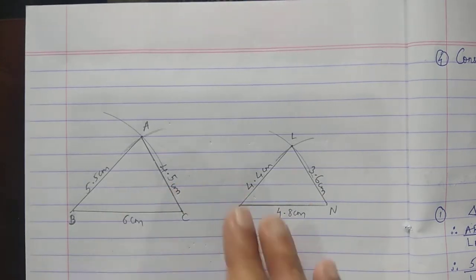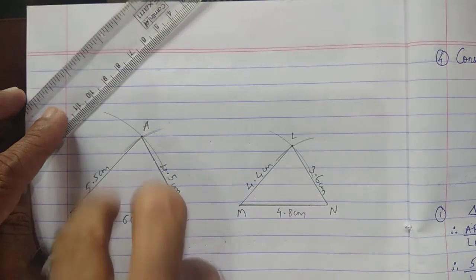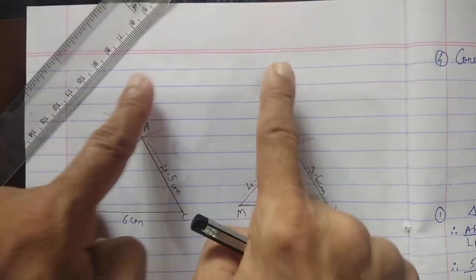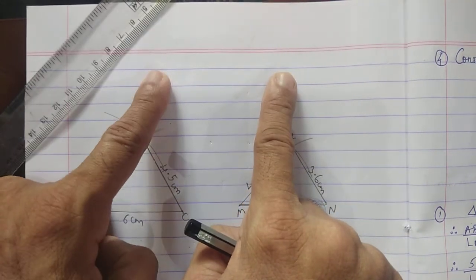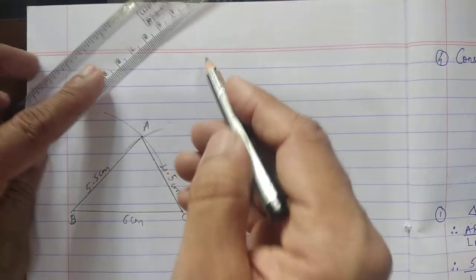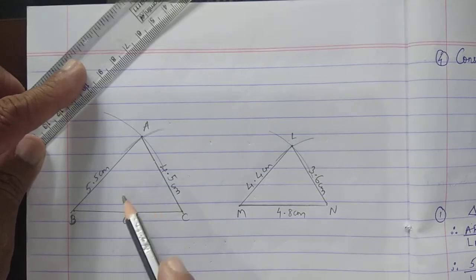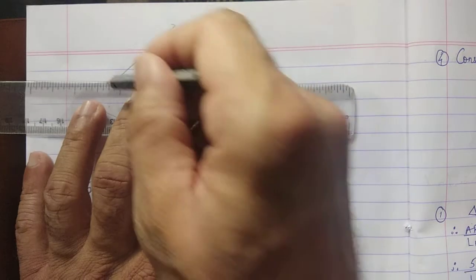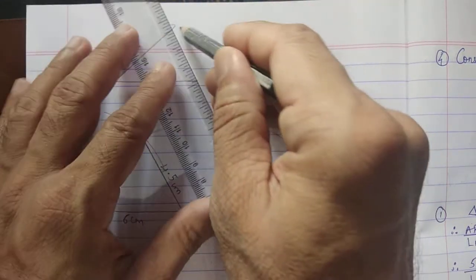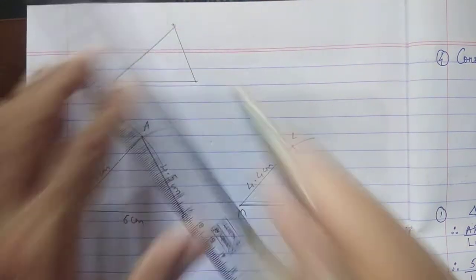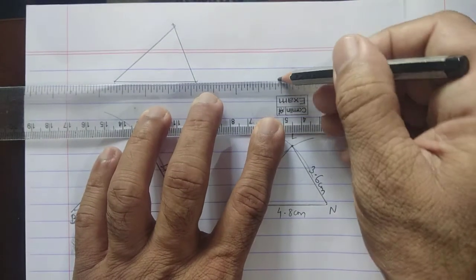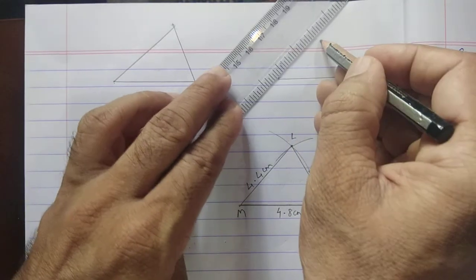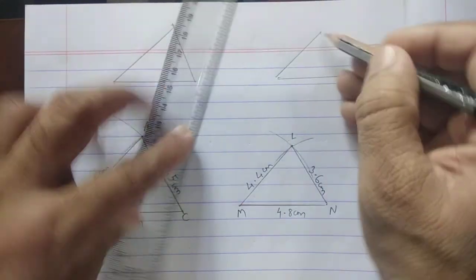Now once the fair diagram is over, above it, as I told you, is the space for drawing the rough diagram. So you can see triangle ABC is bigger, triangle LMN is smaller. So in the same way you will do it here. Okay, one bigger triangle, one smaller triangle. Now this is just by judgment. See the shape, according to this you should come to know how to draw it. Okay, so it is a scalene triangle. So this way you can do triangle ABC and the same way another triangle LMN.